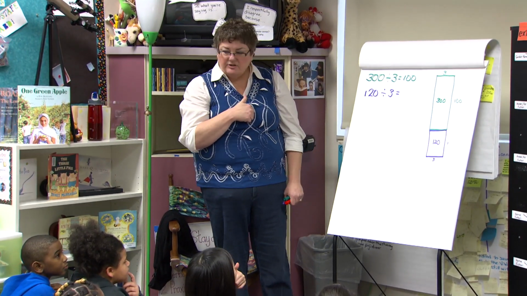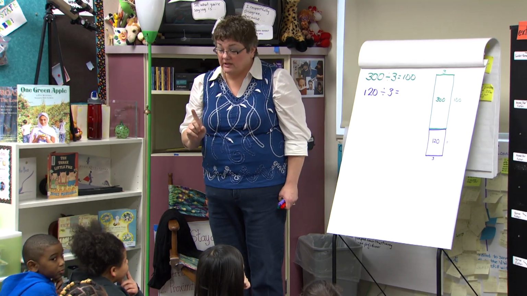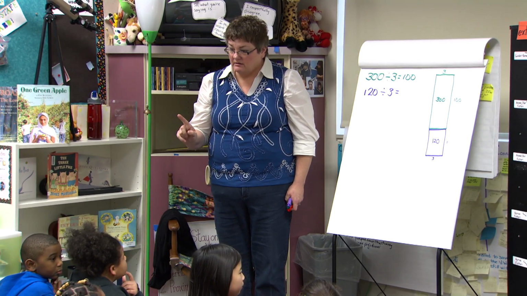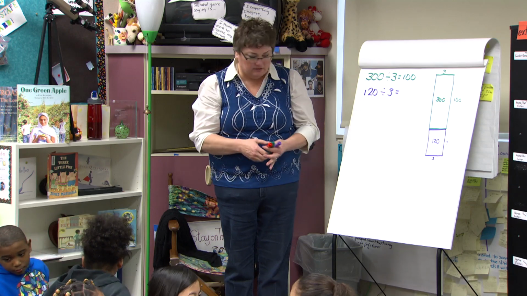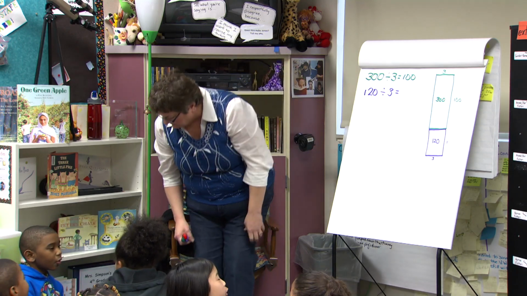I think what I'd like you to do is turn and talk in just a second about what you think it is and why you think it is that way. Okay, ready? I think that it's because I know that